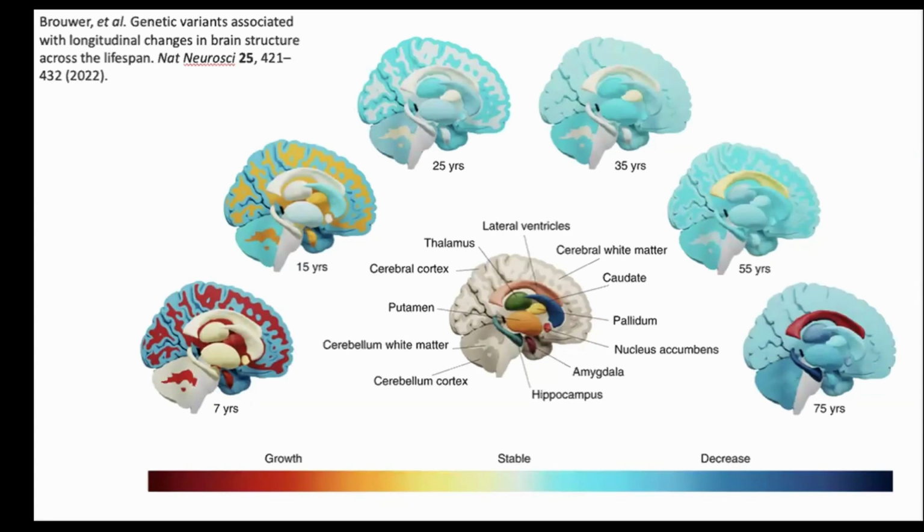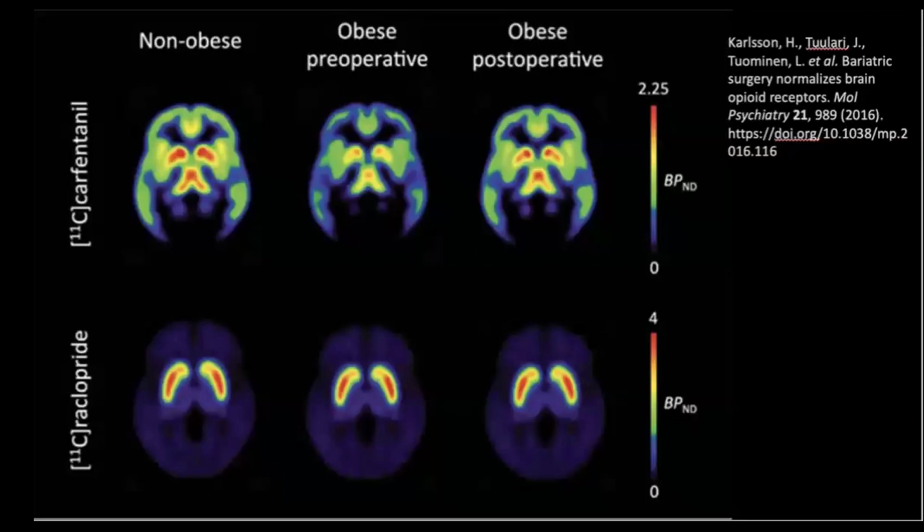I was thinking about examples of adult brain plasticity, and my PhD project came to mind. In this work, we studied morbidly obese individuals. And we scanned them. So we scanned non-obese individuals, morbidly obese individuals before weight loss surgery, and also after weight loss surgery. And what we saw in this study was a decreased level of mu opioid receptors in the morbidly obese individuals